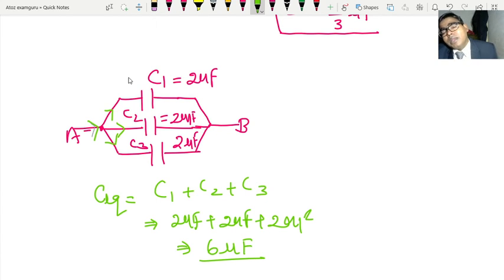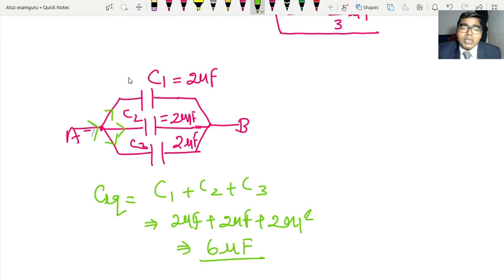And here we will find a very peculiar observation: if we want to increase the total capacitance of any circuit, then what will we have to do? We have to add all the capacitances in parallel, because the individual capacity of each capacitor is 2 microfarad. But if we have added all these three capacitances, then the combined capacity of all these capacitors is increased.